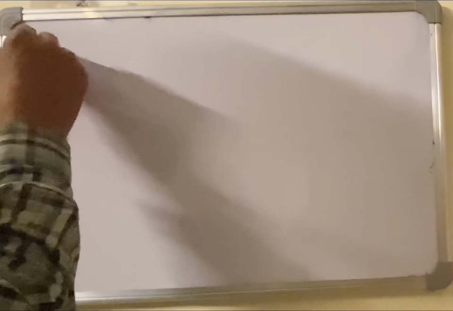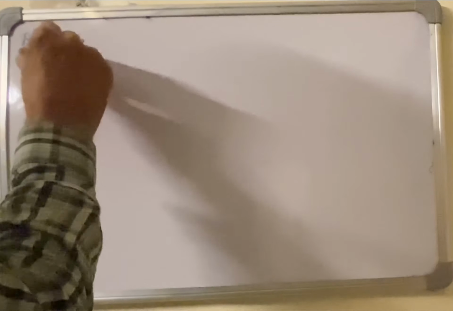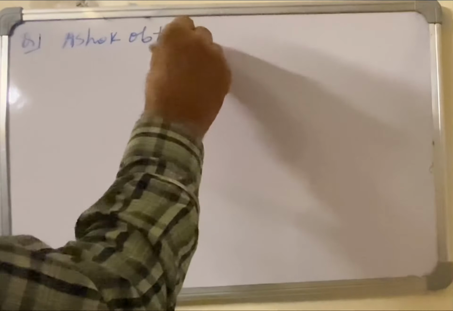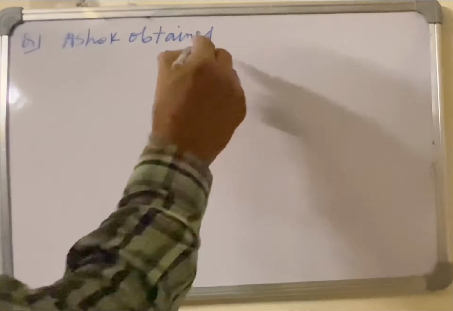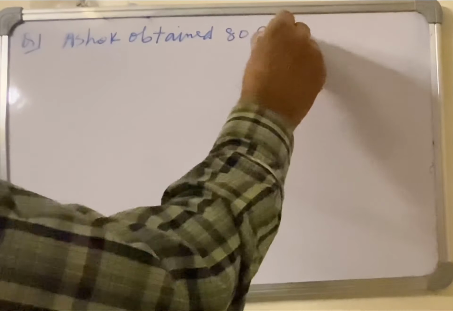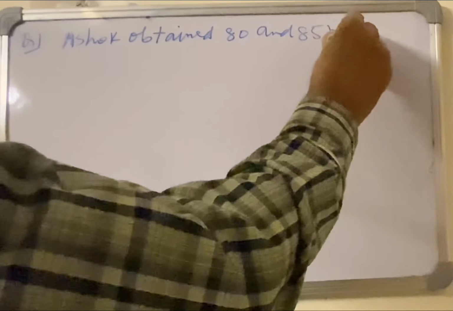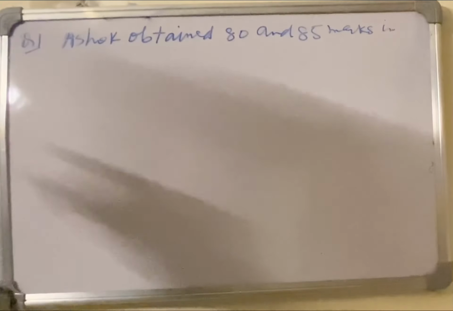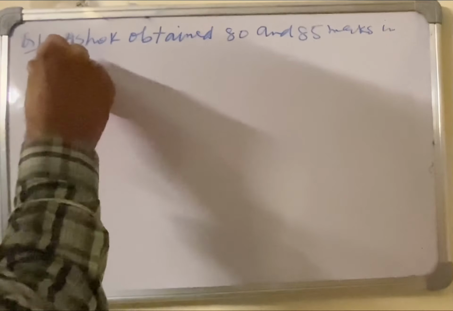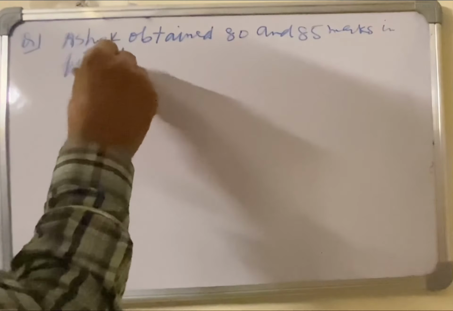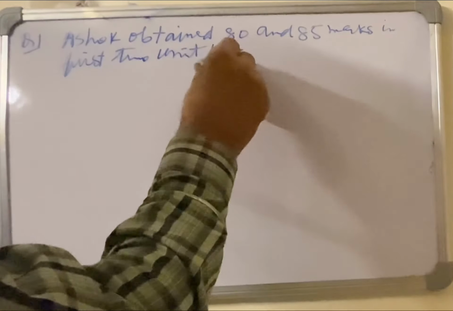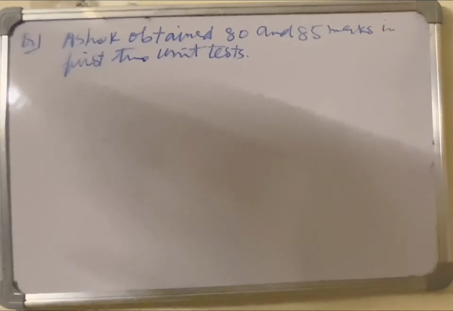First question: Ashok obtained 80 and 85 marks in the first two unit tests. Find the minimum marks he should get